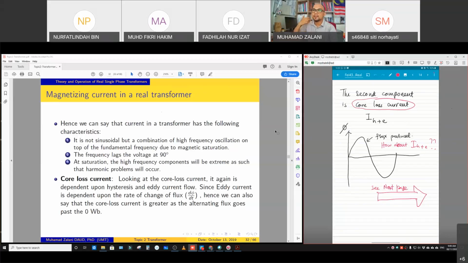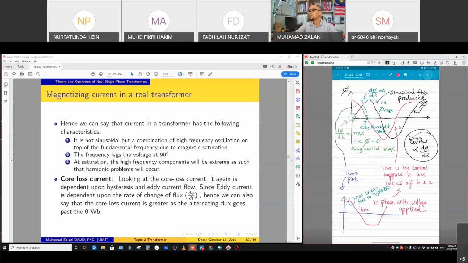So other than the magnetizing current of the transformer, the second component of the current is called the core loss current, which is much more related to the loss of the transformer in terms of hysteresis loss and also eddy current loss. As you can see in this figure that I have drawn here, this is the normal pattern of flux produced inside the transformer. How about the current? If the flux produced is a sinusoidal function here, as you can see, sine function for flux,